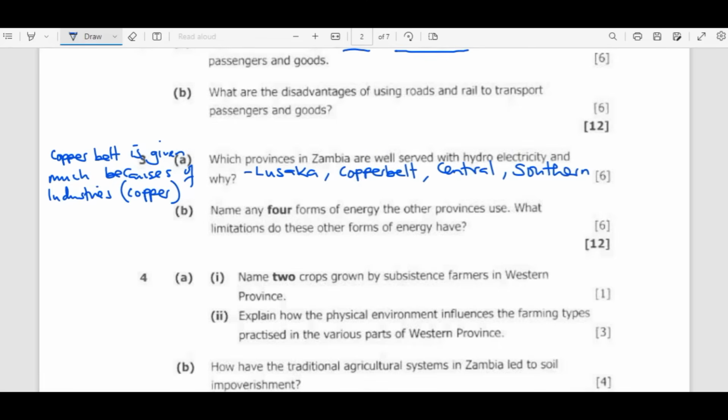And then apart from that, we are saying that also a mine in Kabwe, where zinc is produced. So that's why they are supplied with a lot of power. And then apart from that, Lusaka, we are saying that manufacturing